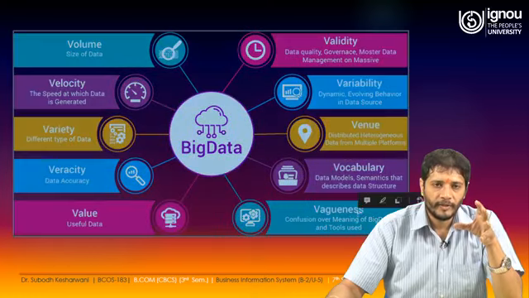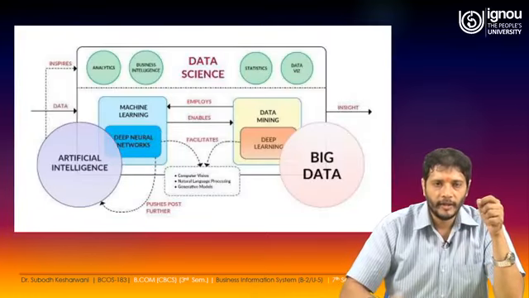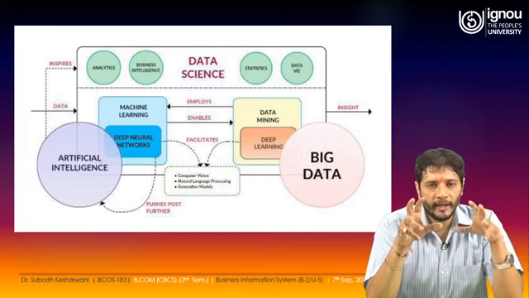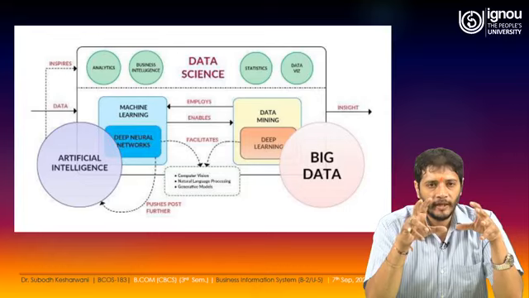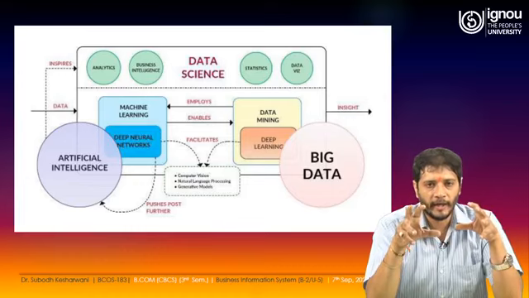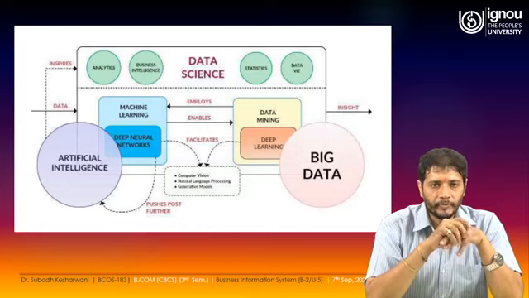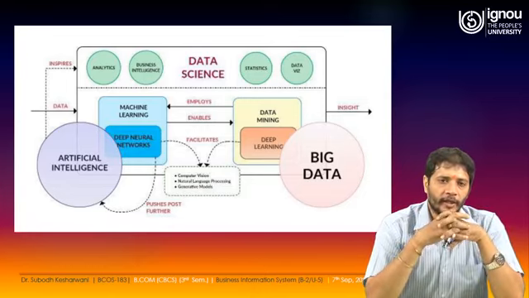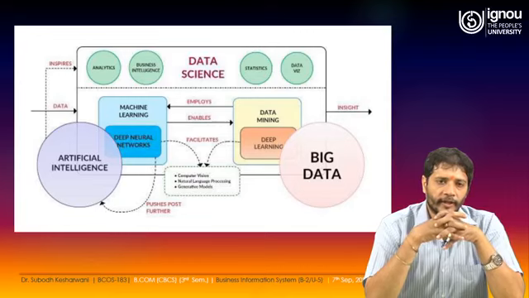If you see this particular thing, big data has data science, artificial intelligence, then deep learning, and data mining. Data mining is part of the database management system and data warehouse, and we see how the data works. Artificial intelligence sometimes facilitates big data and converts it into deep learning and machine learning. If you go more in depth into machine learning, you find the machine is facilitating the humans to